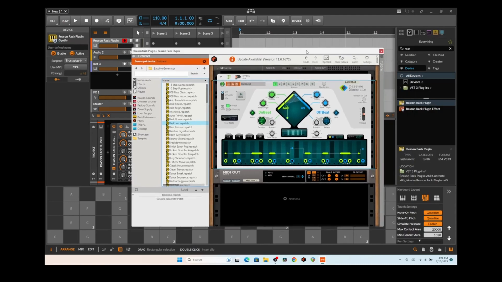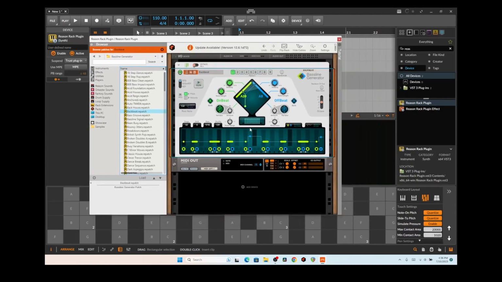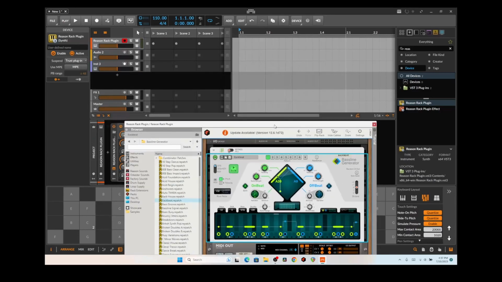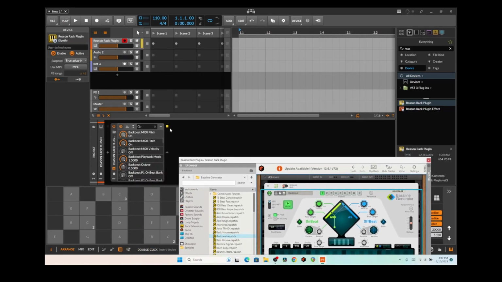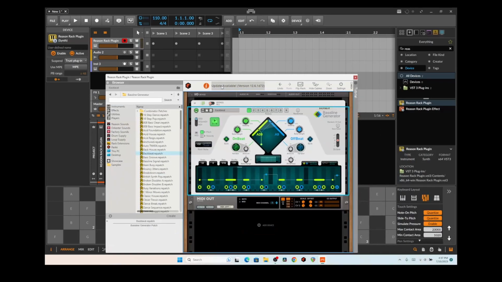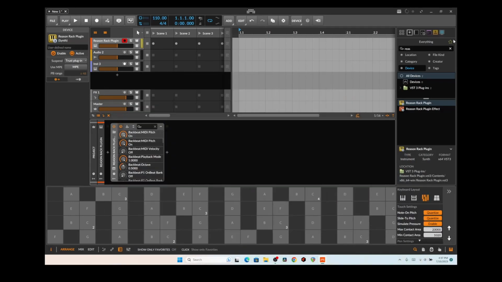So dragging and dropping, I got the bassline generator going, and you see that there's a MIDI out down here that automatically gets put in there if you just have the Reason player. What this does is that when you hit run, you don't hear any noise, but you can see the yellow going, meaning that there's MIDI coming. And you can see the yellow here, that means MIDI is going out. So if we go and load something,